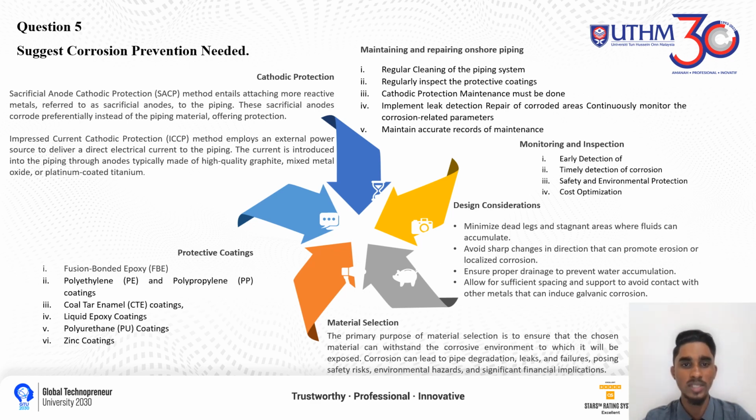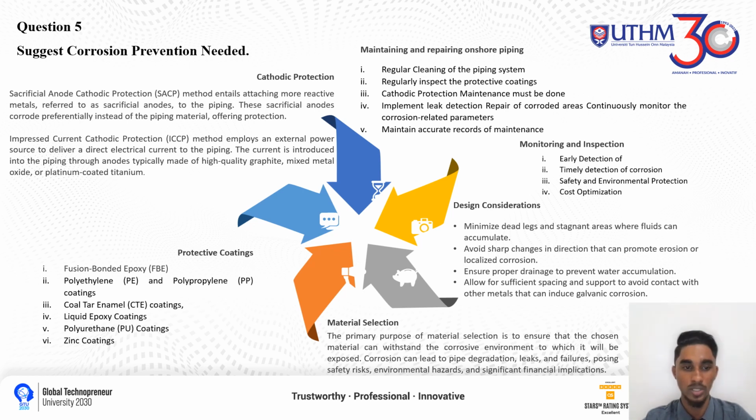So the fourth one is design consideration, where a proper pipe design can minimize the risk of corrosion. Consider the following design factors. The first one is to minimize dead legs and stagnant areas where fluids can accumulate. The second one is to avoid sharp changes in direction that can promote erosion or localized corrosion. The third one is to ensure proper drainage to prevent water accumulation. And the last one is to allow sufficient spacing and support to avoid contact with other metals that can